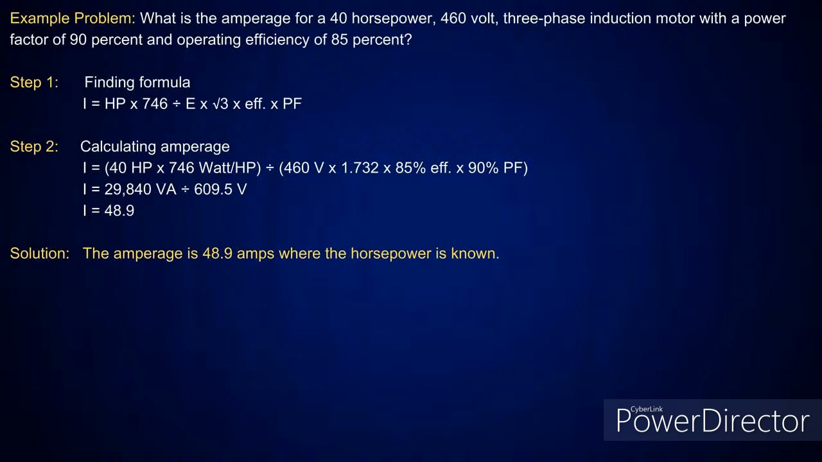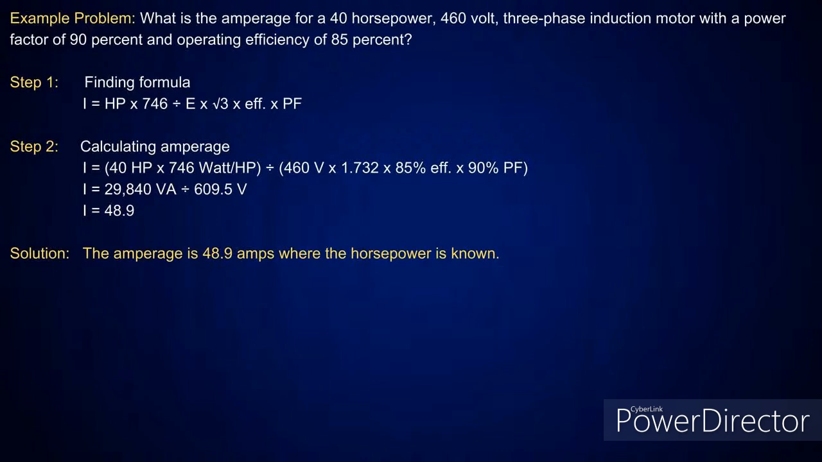Now, what I always like to teach here is first you want to take the horsepower and multiply it by 746 watts per each horsepower. That's what you're going to use, the number 746. Now, after that, everything's going to divide into that. So then you know you got 460 volt. It's three phase, so for three phase, we use 1.732, and then you've got 85% efficiency, 90% power factor. You're going to multiply all that together,